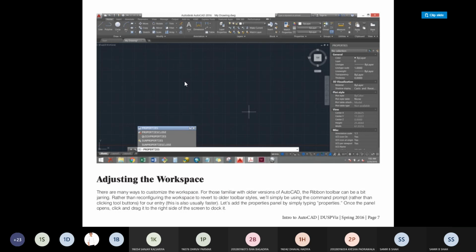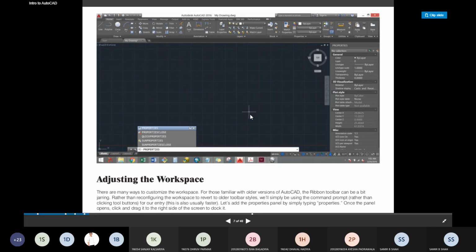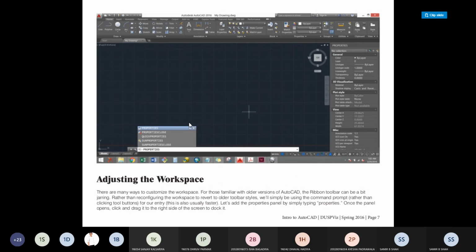This is the workspace where we are performing our whole work. There may be some question in your mind about what kind of work we have to draw here. As we understand in orthographics and isometric, orthographic is one kind of 2D drawing and isometric is one kind of 3D drawing.